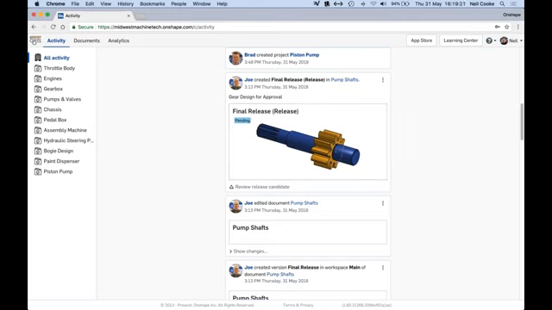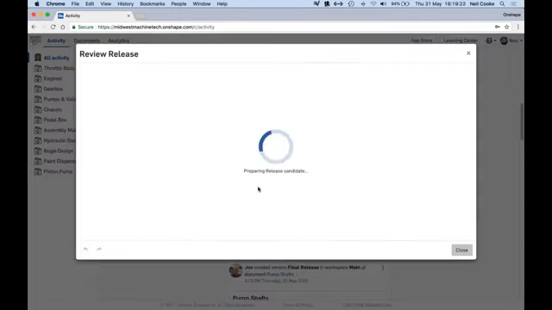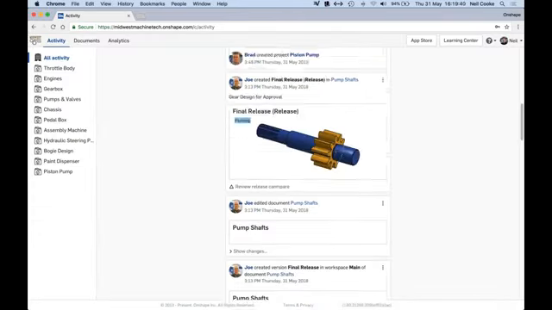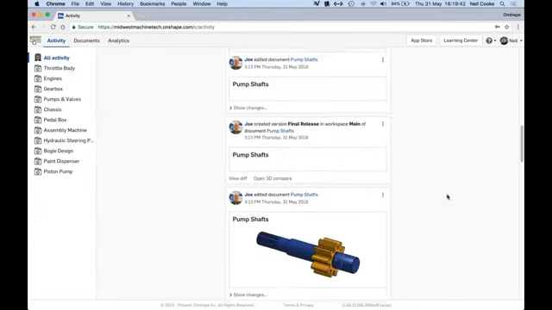Now, because this is all part of the same system, you can see here that Joe's put in a release, and you can click on any links and see a release dialog. So you're getting the same information from the release management system built into Onshape directly from this activity feed. So you're getting a lot of information. You can see here everything's hyperlinked, who the approvers are, John Hirschtick in this case,